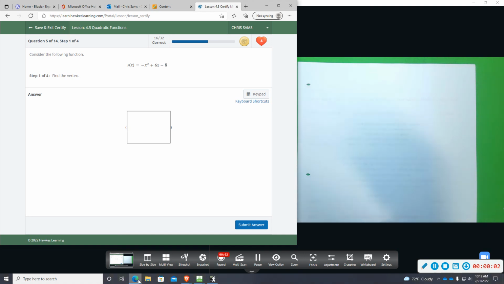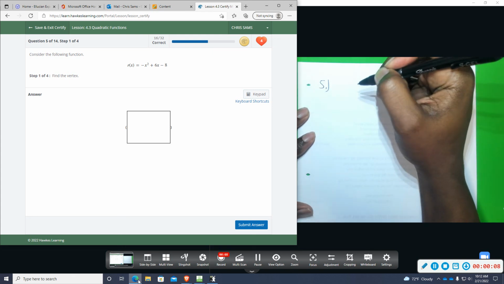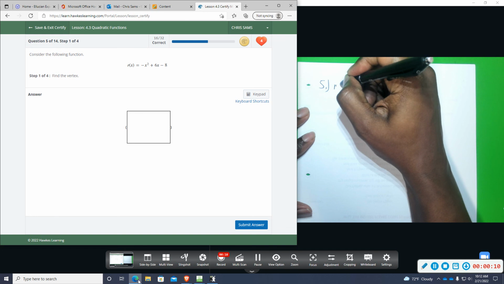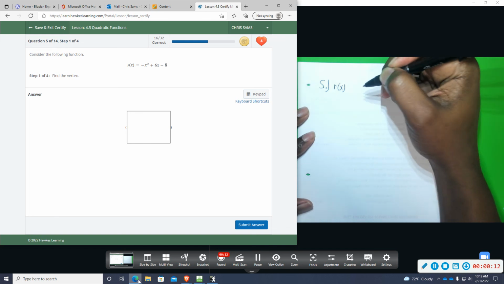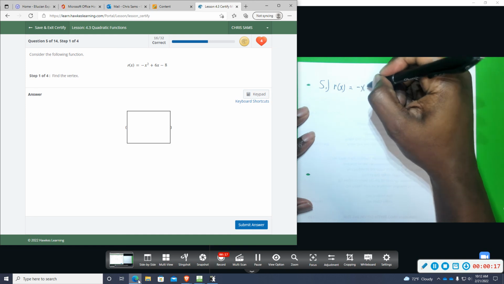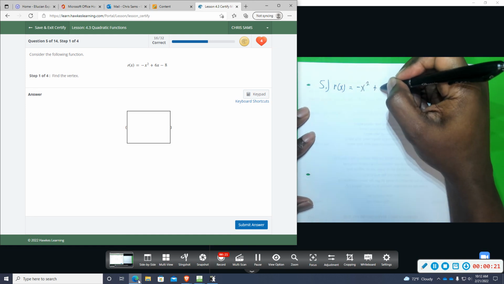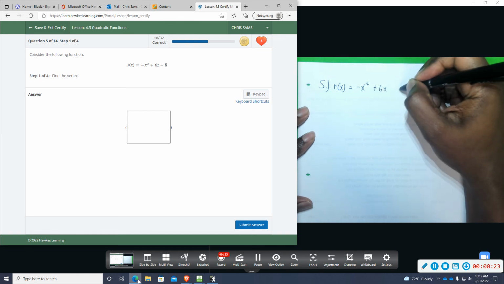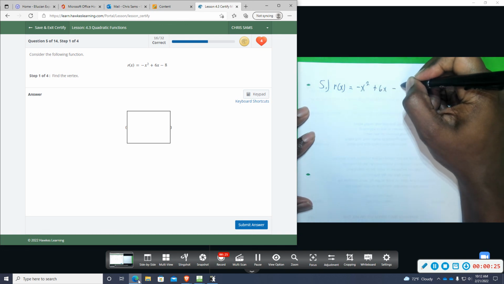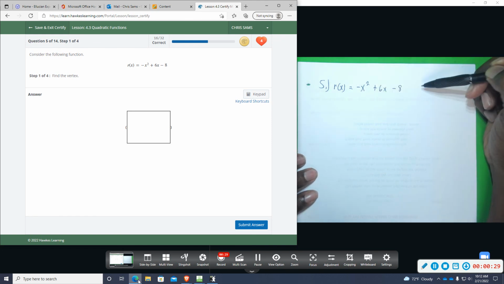Okay, number 5. This one, we're given the equation in standard form. So we have to do a little extra work to find the vertex. There are several different ways that we can go about doing this. When it's in standard form,